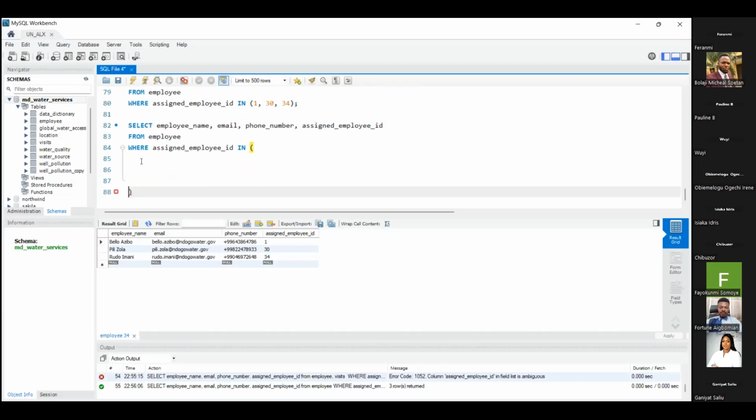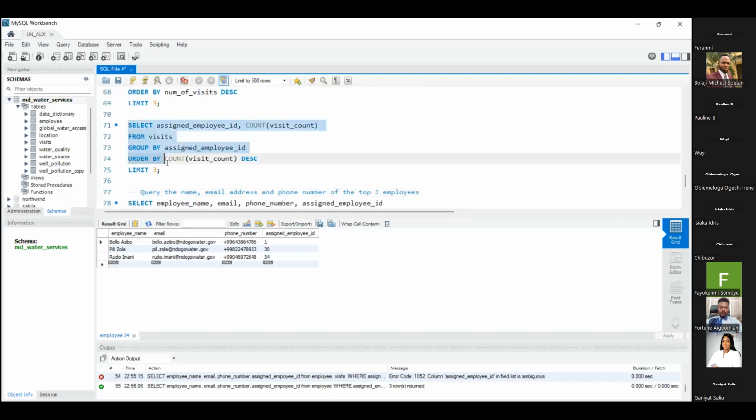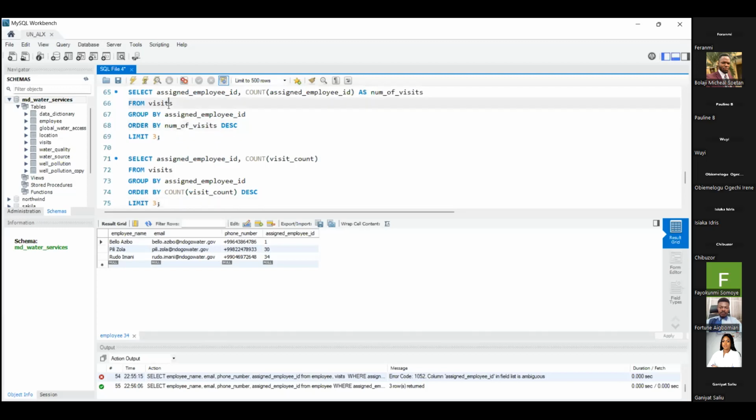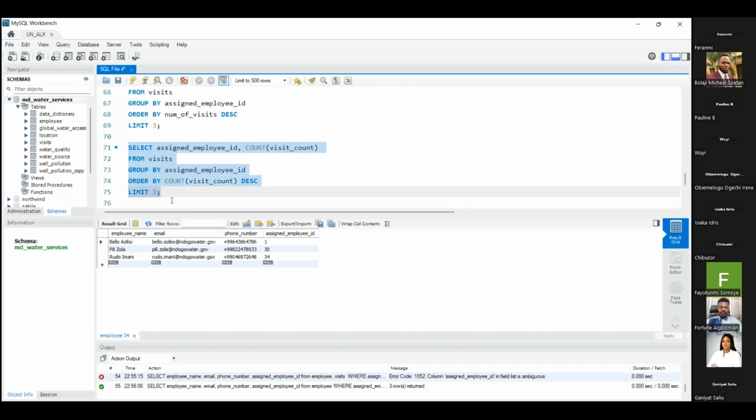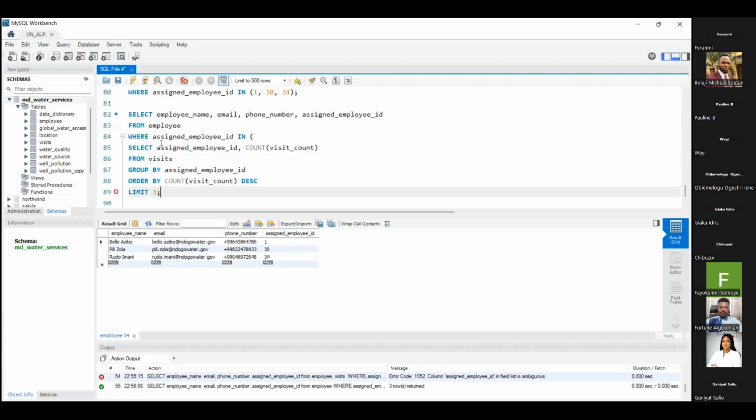Now, copy what we have from the first, that last one we did, the one that gave us our aggregation. This one. Yeah, that one. Come down. Copy that one, whichever one works. Copy. Come down. Paste it in. Now remove